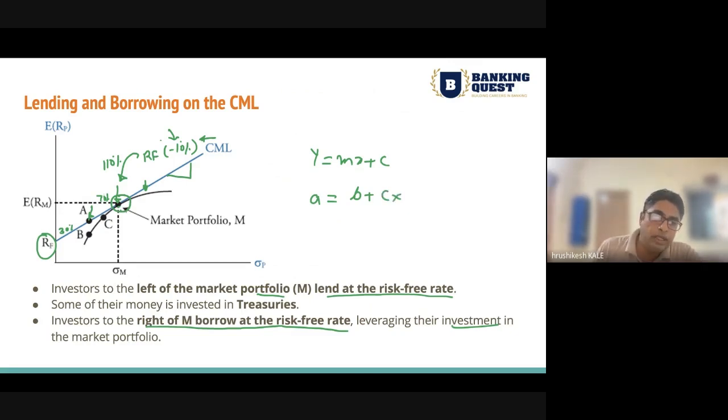Here I want to calculate the expected return of the portfolio. So how do you calculate the expected return? You take this as B. What is B? B is always the y-intercept. Here, the risk-free rate is the y-intercept. So it is the risk-free rate plus